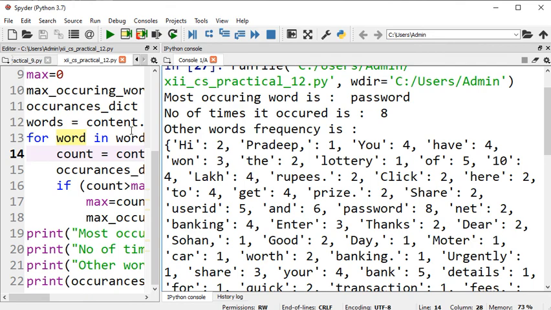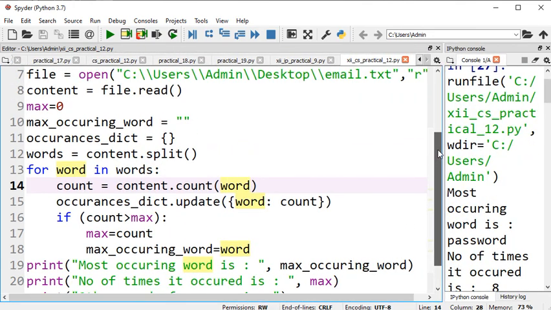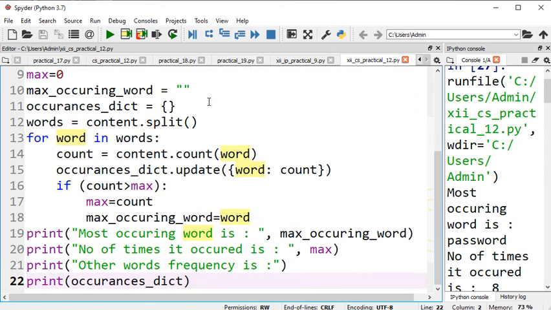Now you can go ahead and try it on your computer. Paste or type this code and run it, and see how it helps you count the most occurring word in a file or in 10 phishing emails, print it, and see the interesting results.